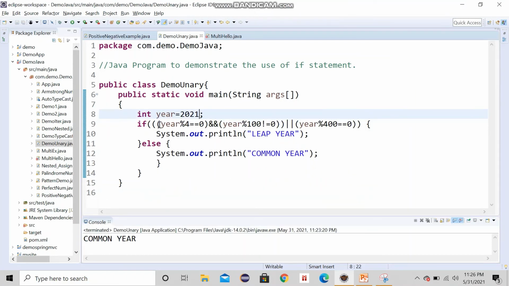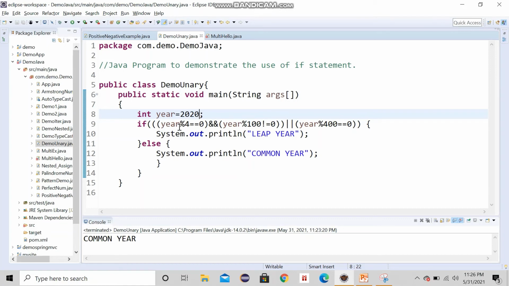Let's see this example here. This is again an if else condition. Here the year is mentioned as 2021, or let's take it as 2020, and then it will check in this condition: if the year divided by 4 gives remainder 0, then these two conditions will be true.